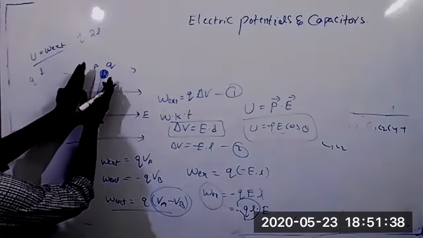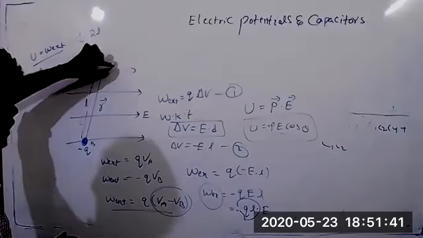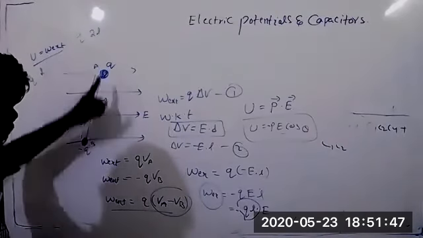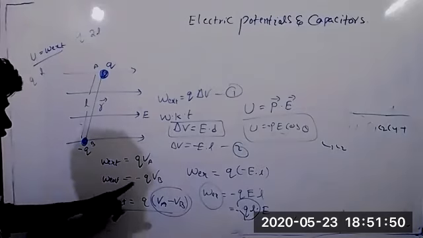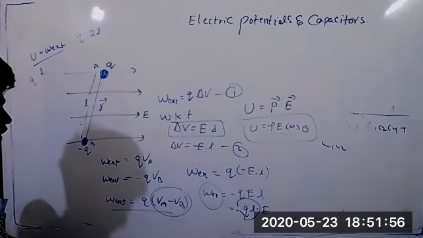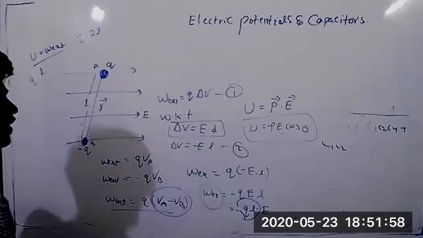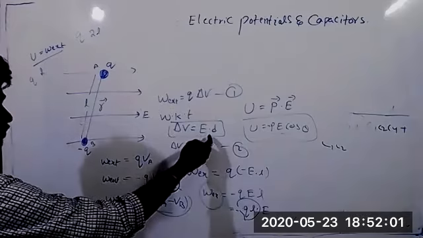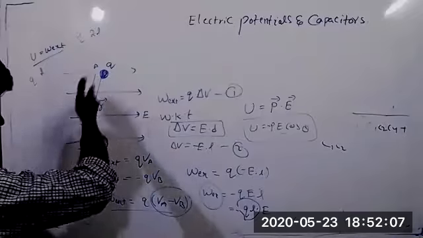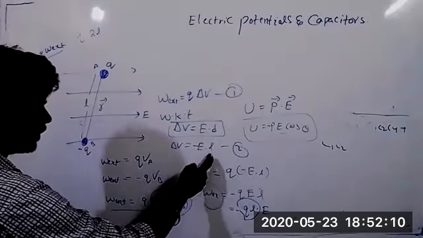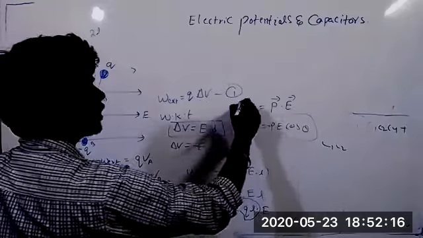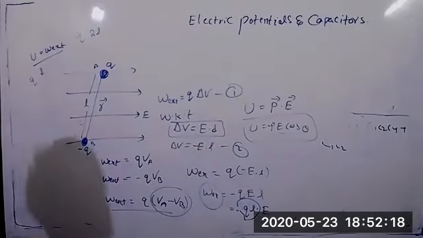Just to place an electric dipole: when you place a charge in the electric field, potential will already be there due to the electric field. So work done on this charge is this much, and on this charge it will be this much. So from equation 1 and 2 we can write in this manner. VA minus VB is nothing but the change in potential. We know that potential equals E dot D, nothing but L. L is the distance between the two charges, the length of the dipole we have placed. Substitute this here and we will get this. So it is the potential energy stored in the electric dipole.